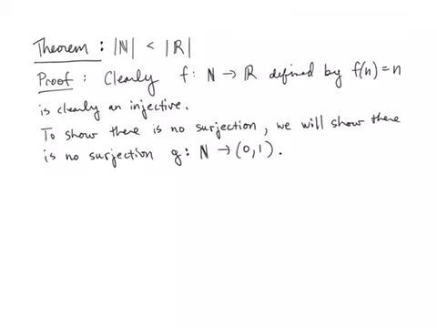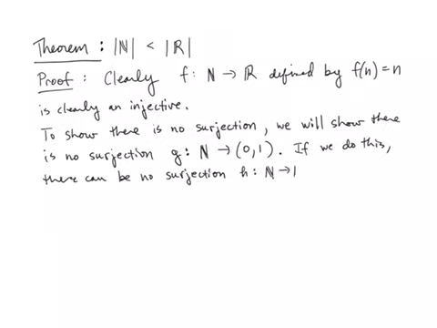If we do this, there can be no surjection H from the naturals to the reals, because if there were,